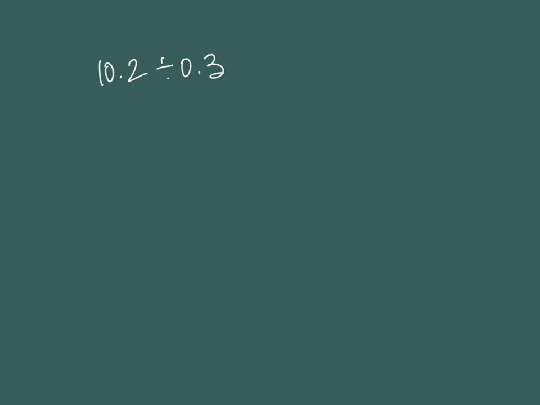I'm going to do 10.2 or 10 2/10 divided by 3/10. Okay, but before I take a look at that and show you how to do that, let's convert this to fractions. So 10 2/10 divided by 3/10. Oops, that's not a 10. Let's change that 3. Should be a 10. I was already moving ahead to the 3. All right, so if we convert that to an improper fraction, we've got 10 times 10 is 100, 102 divided by 10